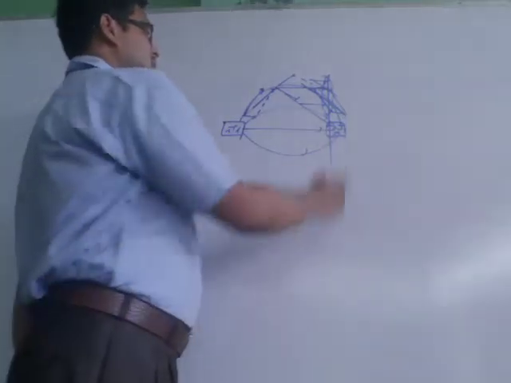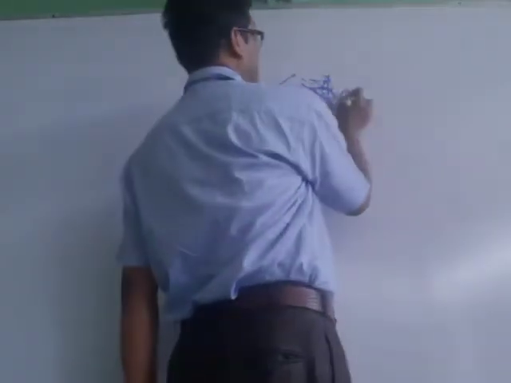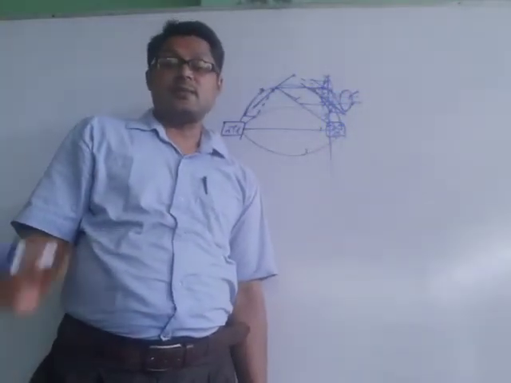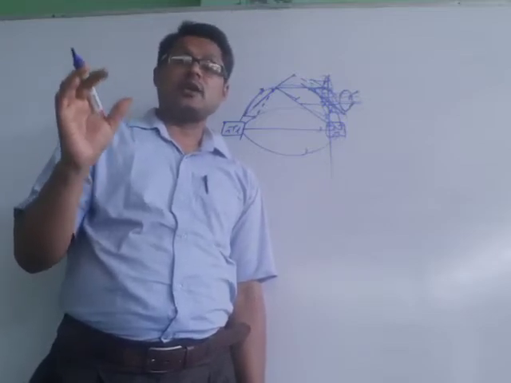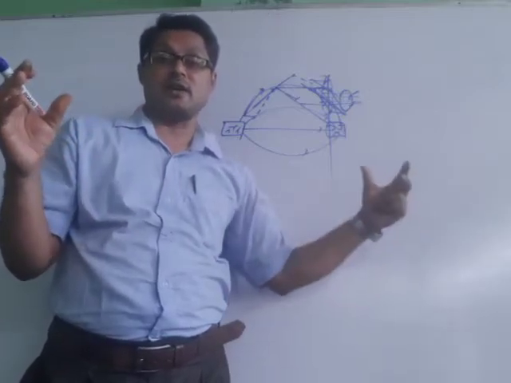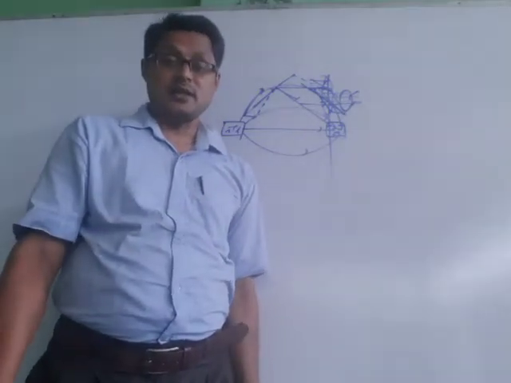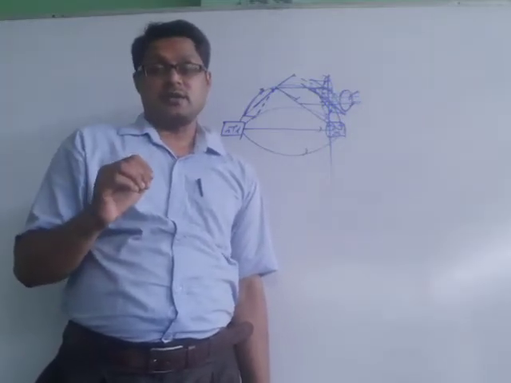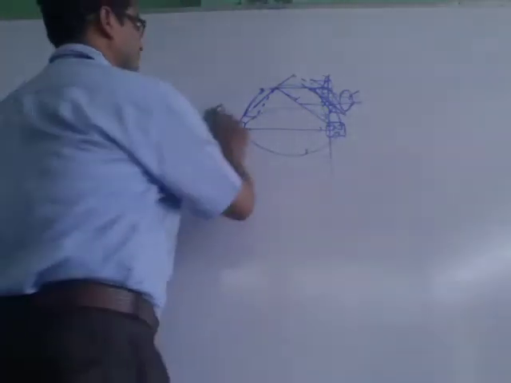But if the area is considered unit area, and the number of lines of force perpendicular to this is counted, it is known as flux density. So flux is the number of lines of force which remain perpendicular to any surface, and if the surface is unit, then this is known as flux density. You should keep in mind that flux density is the measurement of electric intensity.